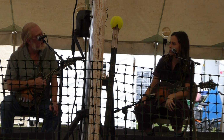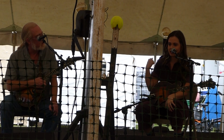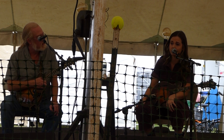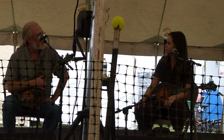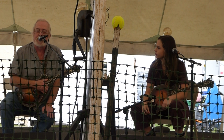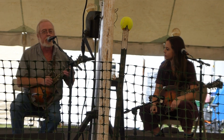And then, like what you're saying with the keys, this is one of the things I love about the mandolin. Depending on the context, it can be such a strong rhythmic instrument, or it can be a beautiful coloring instrument, more melodic and strummy, kind of like a guitar or a fiddle. Yeah. I don't think we could conclude any conversation that includes the words mandolins and drums without referencing...